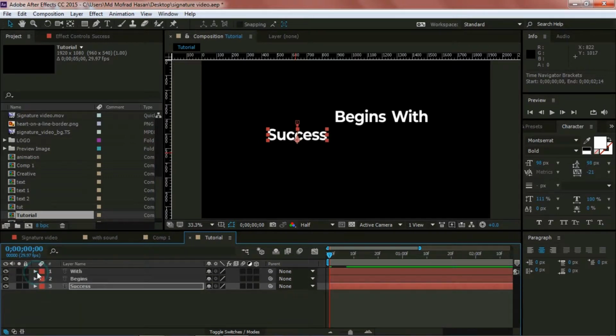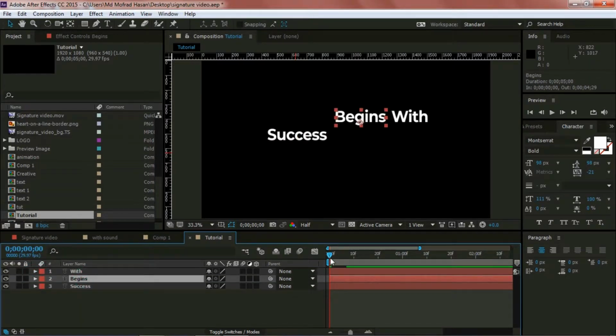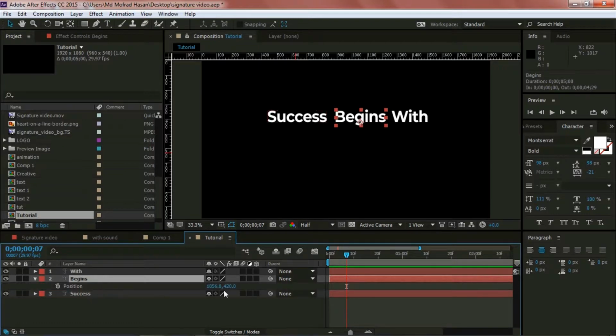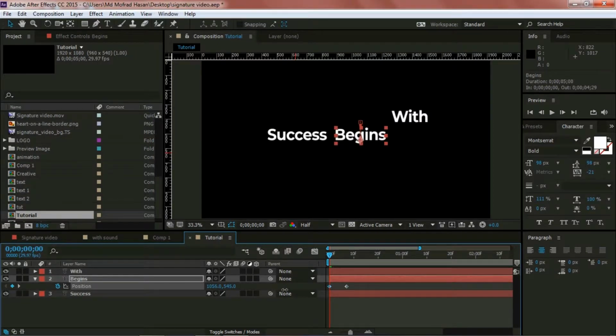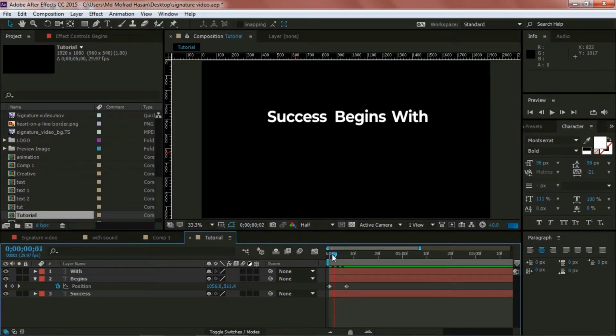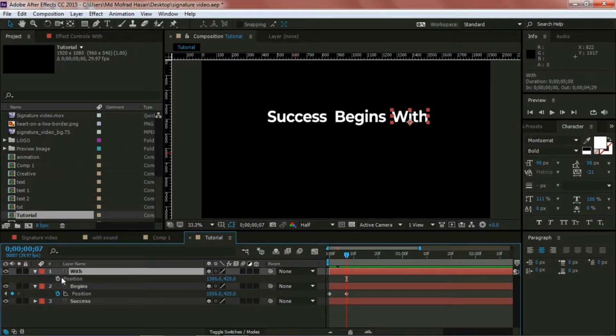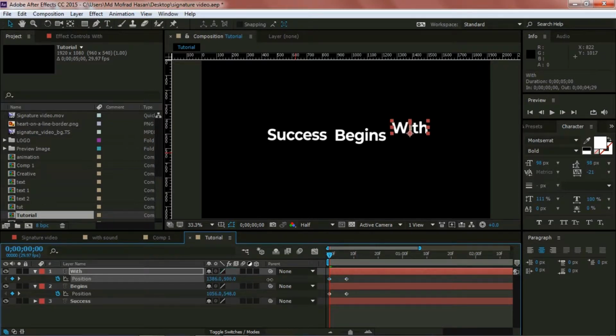Now go to the begin layer and do the same thing. Go to the 7th frame and set the final position. The final position will be the same as you're seeing on the screen. Just press P on the keyboard to bring out the position keyframe and select the final position, and then go to the initial point and set the initial position of the layer. Yeah, you can see success and begins are the same. Now go to the width layer and perform the same thing. Set the final position first and then go back to the initial point and set the initial position,